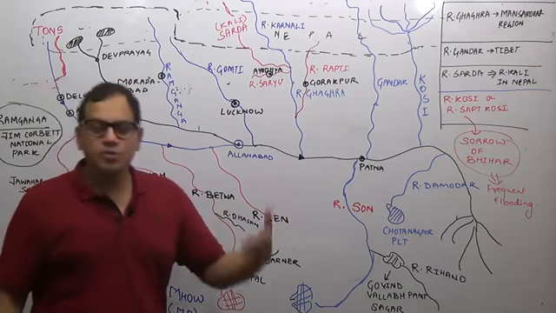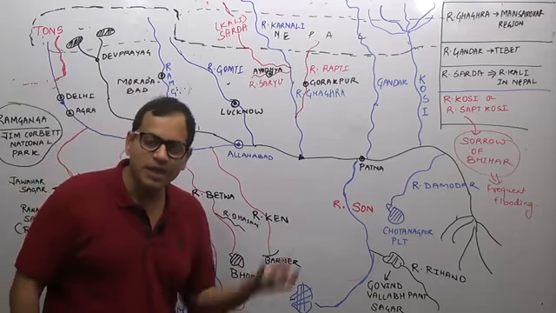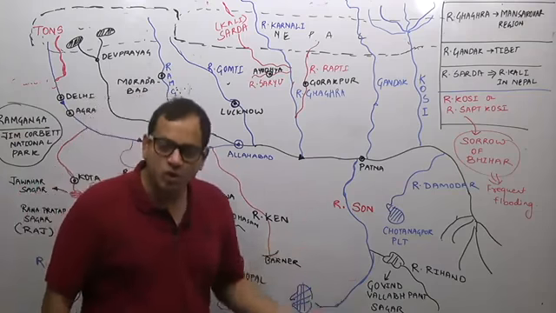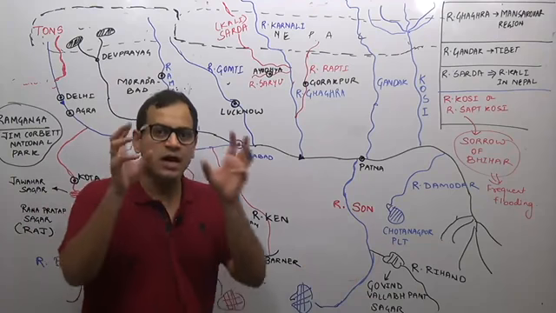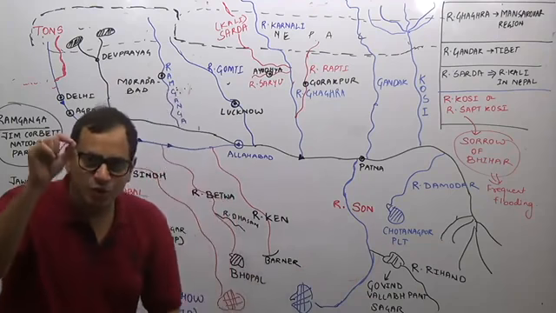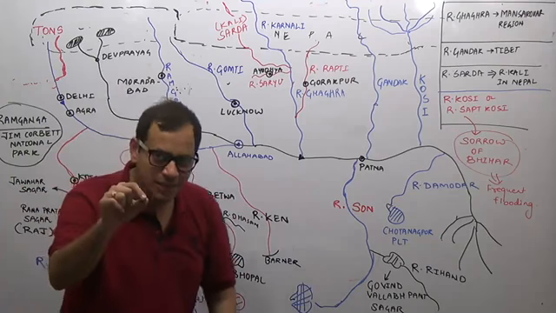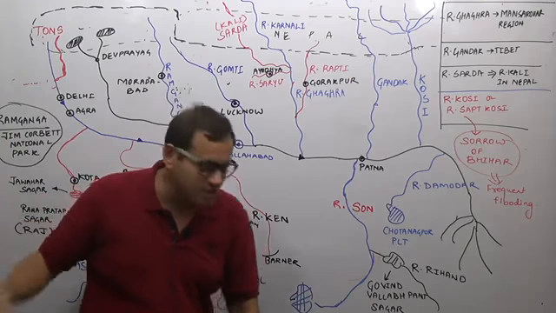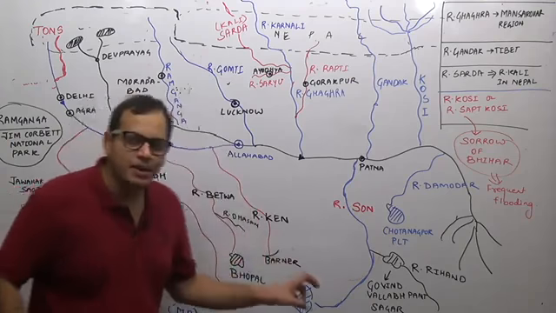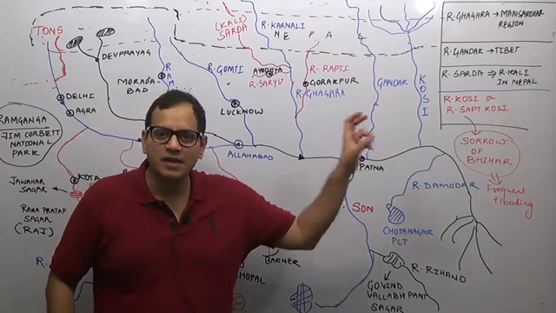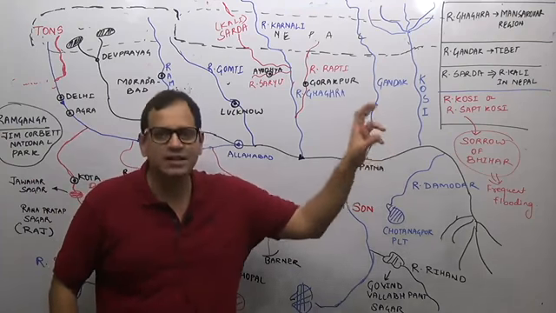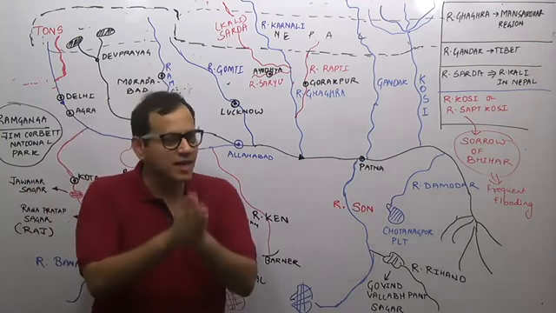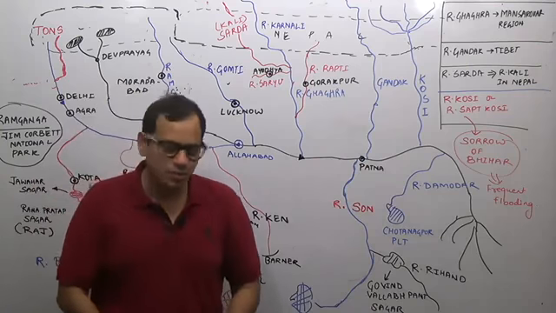The most important tributary which originates in peninsular India and joins river Ganga is river Son. River Son originates in the Amarkantak Plateau region. Amarkantak Plateau region also has the origin of another river, that is river Narmada. River Narmada is a river of peninsular drainage and the Arabian Sea drainage system, while river Son is a river of the Ganga drainage system, that is Himalayan drainage, and the Bay of Bengal drainage system. So the Amarkantak Plateau region is an interesting region where two different river drainage systems originate.